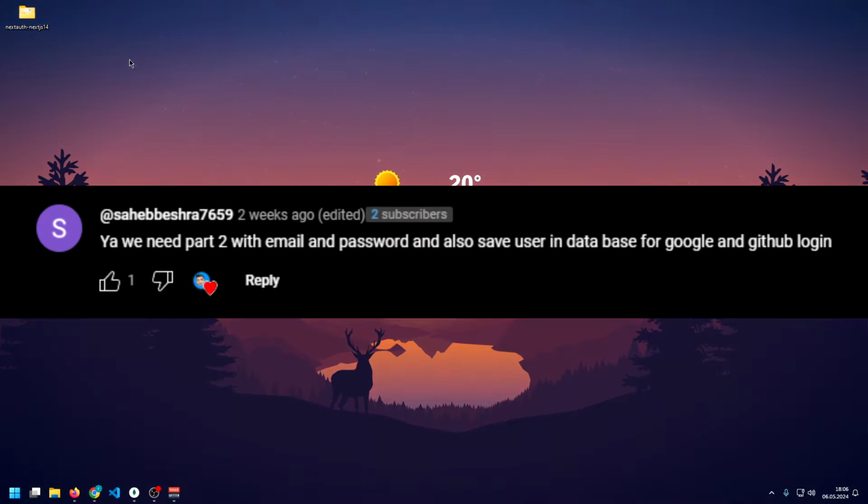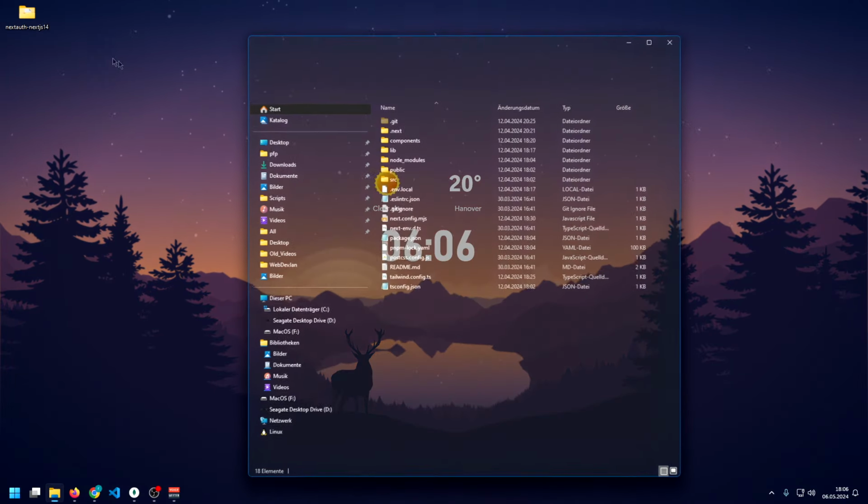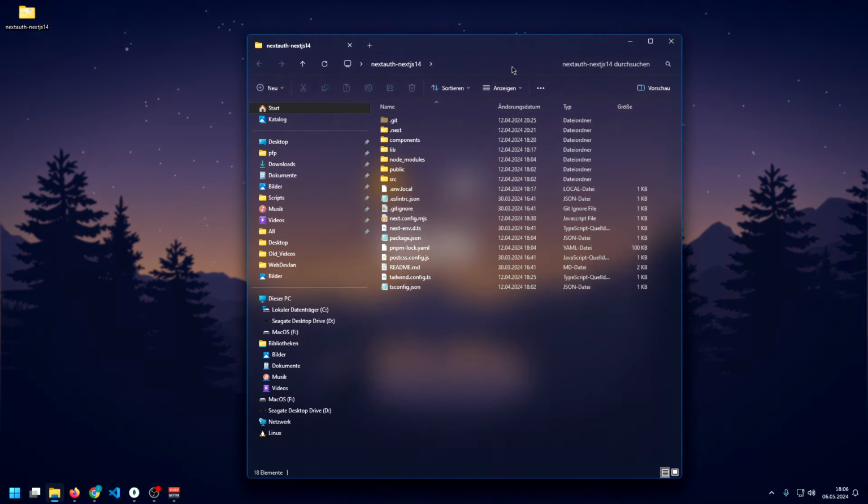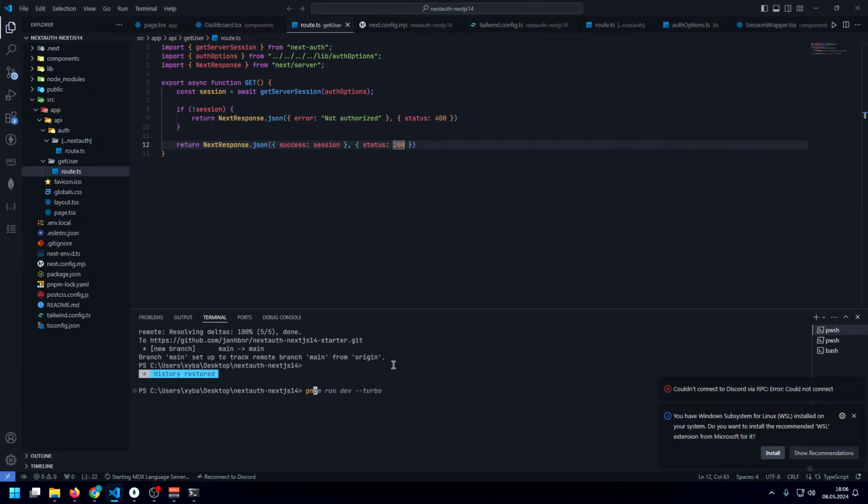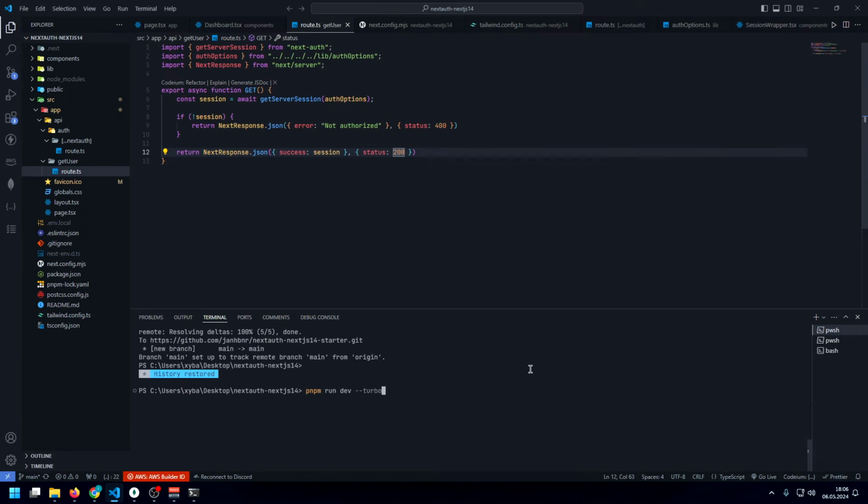And so without further ado, let's just get started. We will just use the project from the last video. So let me quickly hop into this project and let us spin up the development server with pnpm run dev. I'm using the turbo flag, which right now makes the whole dev experience a lot faster in terms of compiling